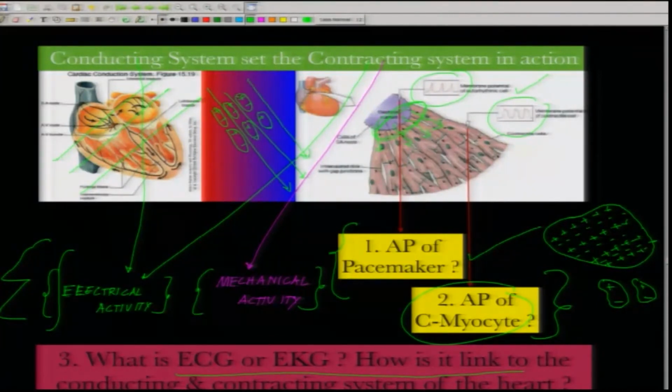This motion of the dipoles leads to a summation of electrical activities which you actually see in the form of what we call